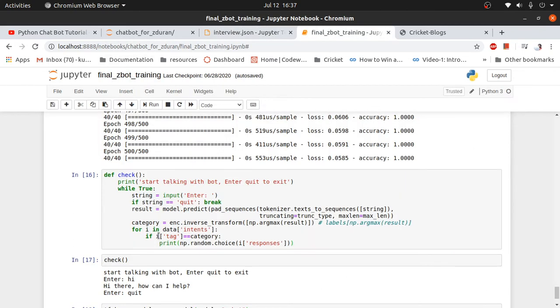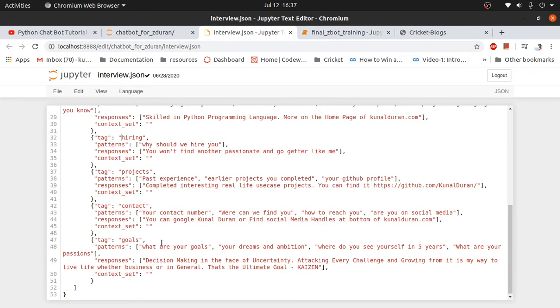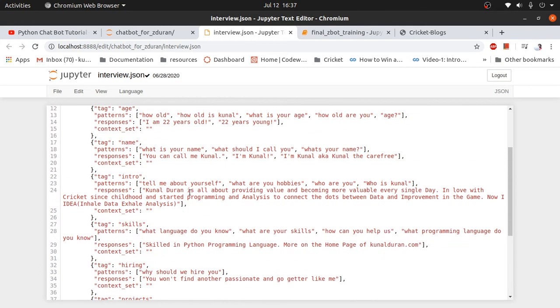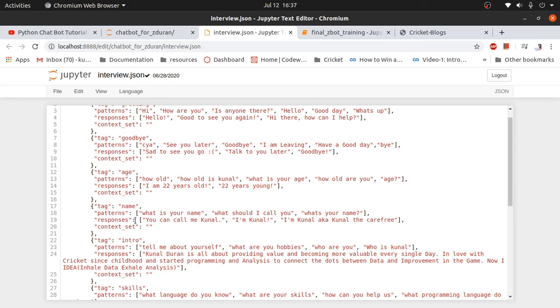this loop will return np.random.choice of the responses from these responses. This one has only one. If the output, the argument with maximum probability, is name, the script will come here and see in this list there are three items.